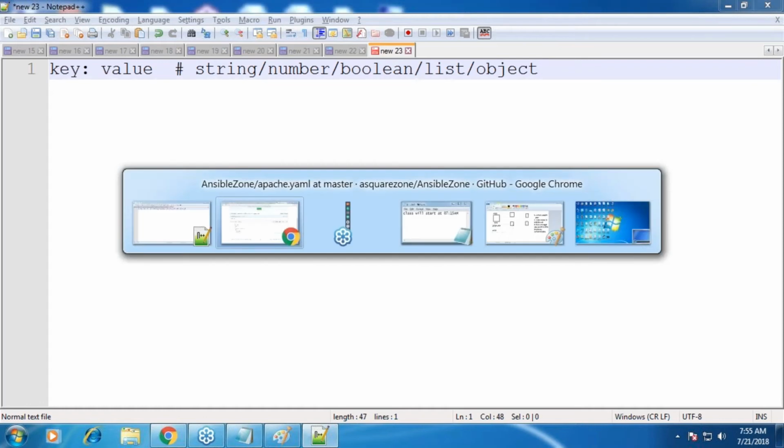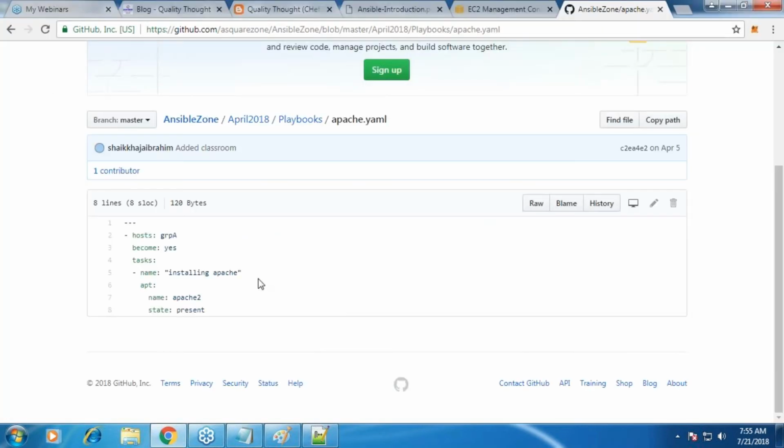Now let us just go to the file which you have looked into. Forget about those 3 hyphens. I'll come back to what those 3 hyphens are. But what is the first thing which you are seeing here? Single hyphen, which means it is a list item. The key of it is host. What is the value of it? Something called group A. We don't know what that is, but are we able to read this? Yeah. And then we have one more property to that, which is called become, and the value of that is yes. And then there is something called tasks. Tasks is about multiple things. So the first child of tasks is an array. So the array has something called name, and then there is something called apt. This is nothing but a very basic YAML structure, right?